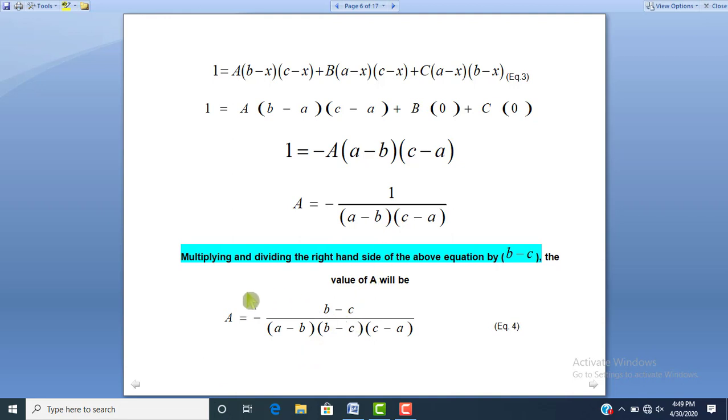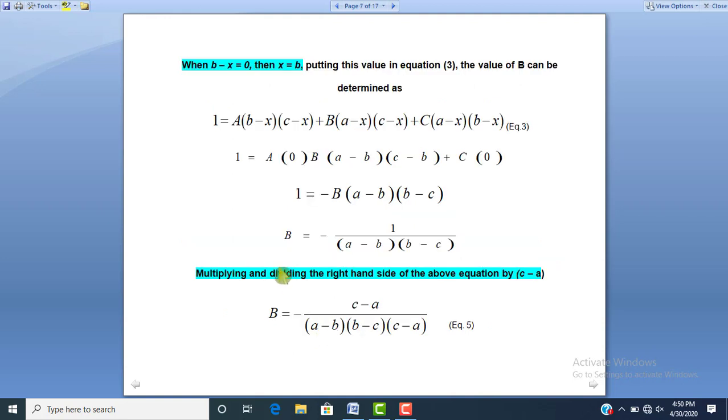Dear students, similarly, as we have found the value of a, now we will find the value of b. So to find the value of b, we suppose that b minus x is equal to 0. It means x is equal to b. Now we will put this value of x, that is b, in which equation? In equation number 3. So this is equation number 3. So where is the x? We will replace x with b. So after replacing x with b, this equation number 3 became